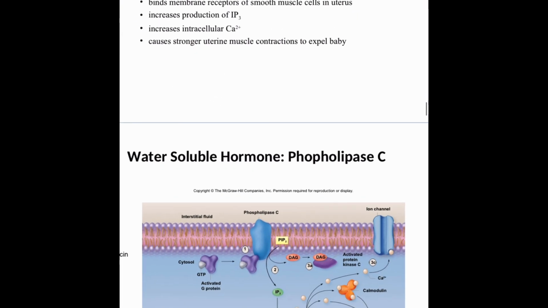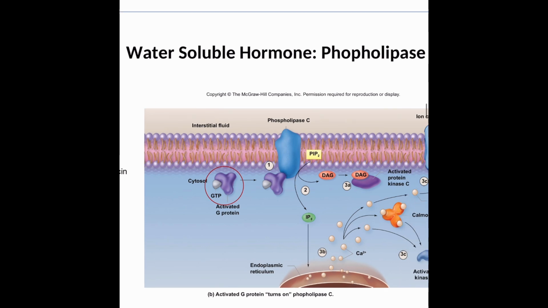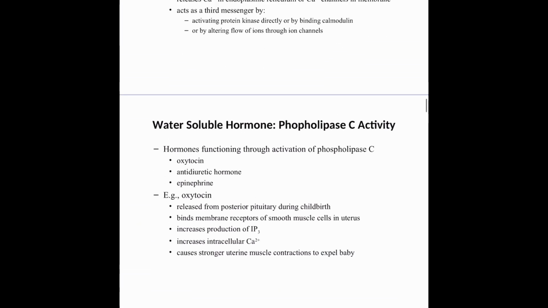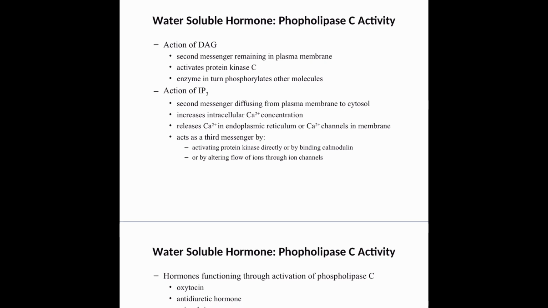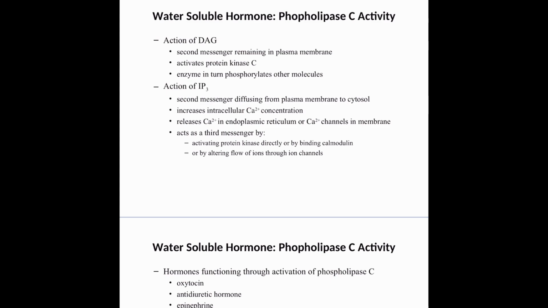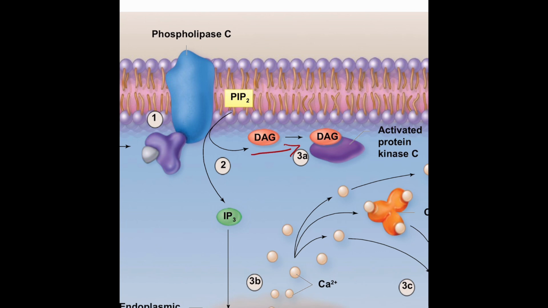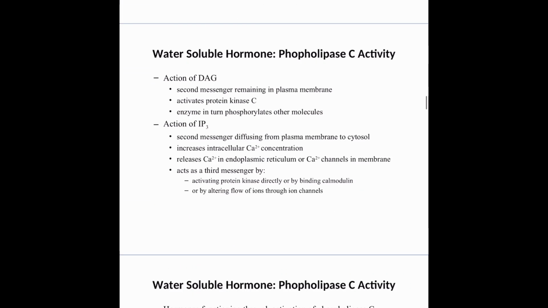So essentially what's happening here is the same G protein that we've activated before will bind to this phospholipase C. It will release, I believe, these enzymes. So DAG, being the second messenger that is inside the plasma membrane, will activate protein kinase C, and then it will phosphorylate. So DAG, we're moving this way right now, will activate protein kinase enzyme, and then it furthers along by saying the action of IP3 at the same time, which is the second messenger diffusing from the plasma membrane to the cytosol,